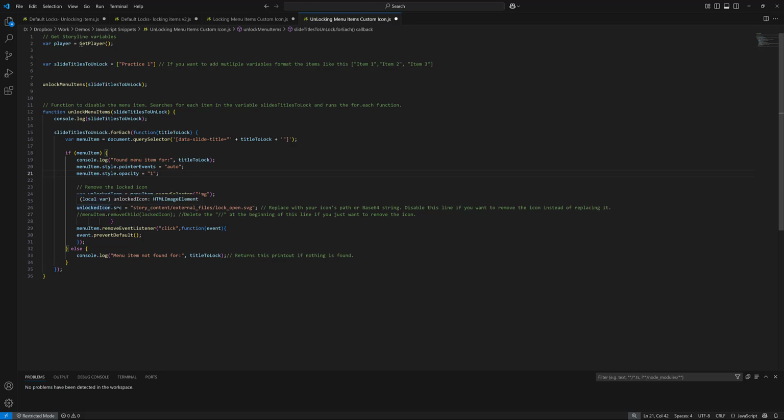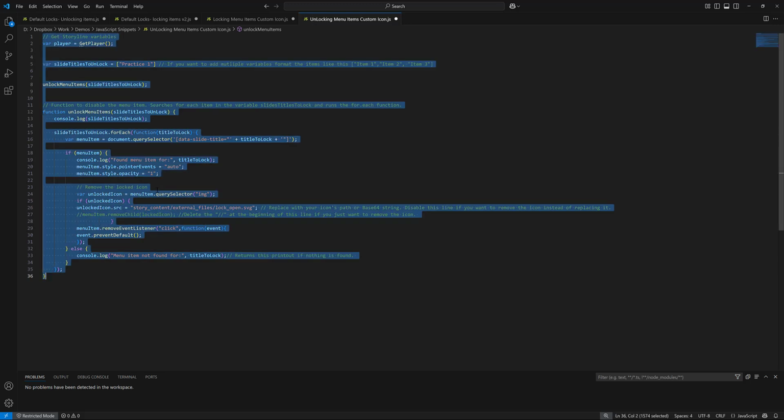Nothing else changes. Oh, one thing I wanted to note. Now you can unlock the item and change the icon if you want to something different. Like I wanted to change it to an open lock with green coloring, or you can completely remove it by deleting the 2 backslashes here and disabling the top one, and this will completely remove the icon. That way it just looks like the rest of the menu items. But I'm going to change it. So copy this again